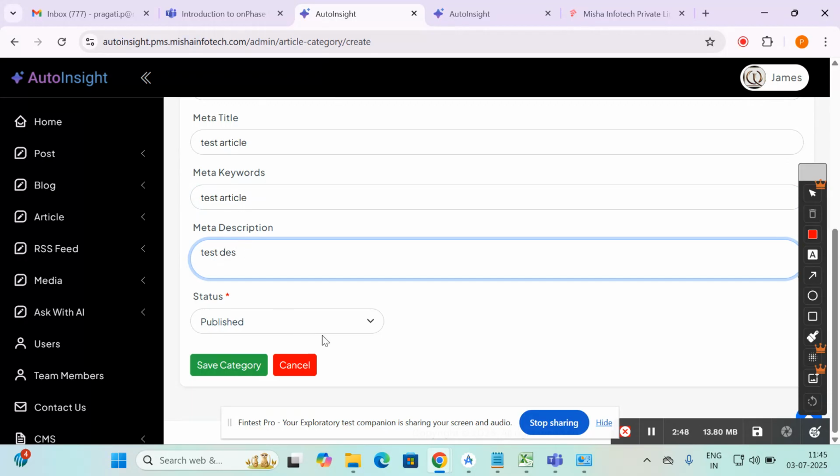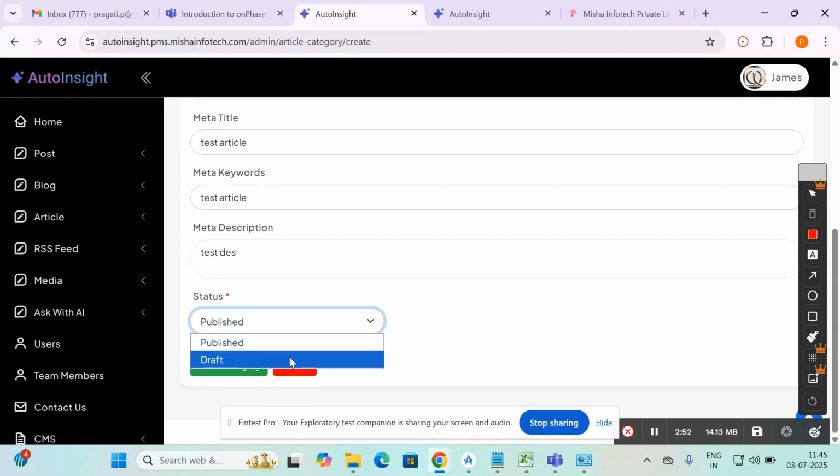This status published, or you can select draft. If you set as a draft, then it's not shown on the website.